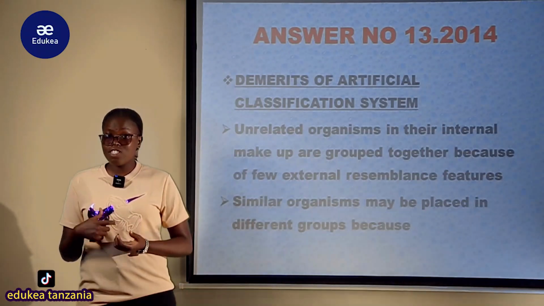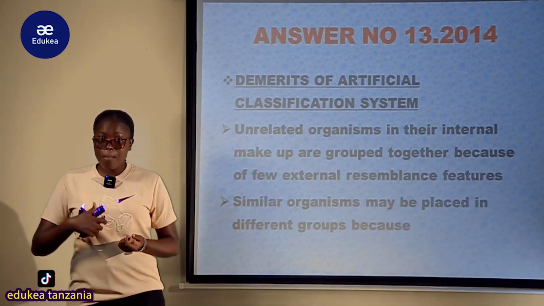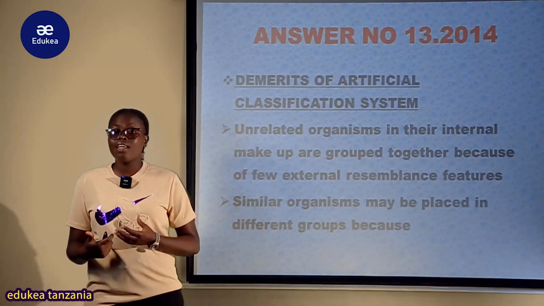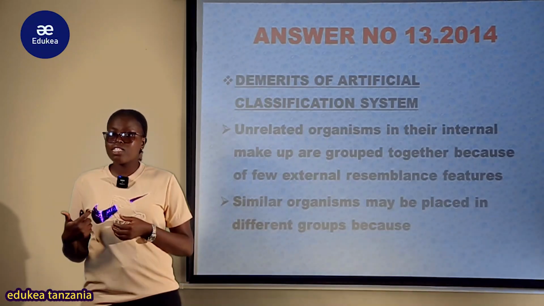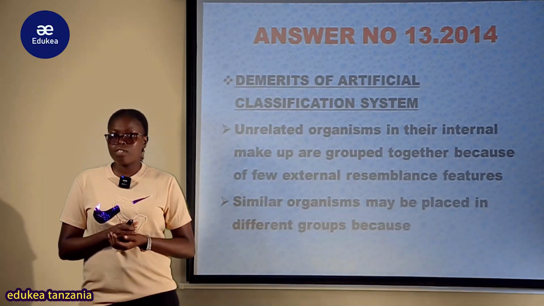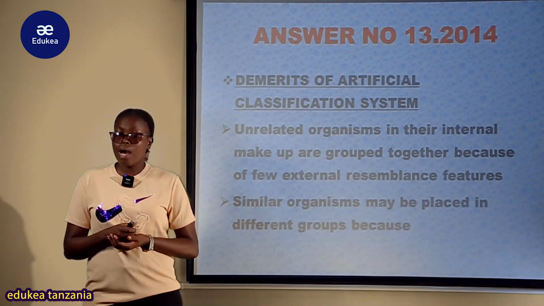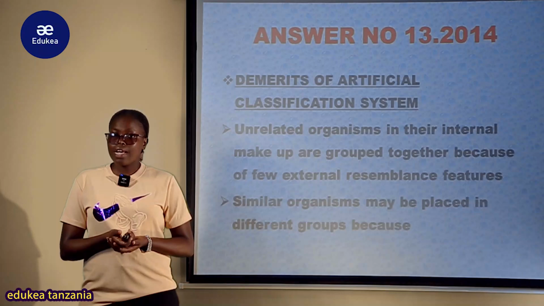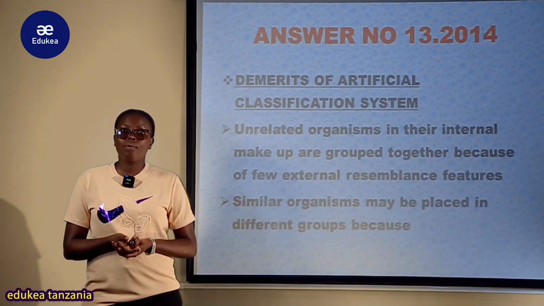Na vile vile another disadvantage or demerit ni kwamba organism ambazo wanakuwa na tabia za kufanana au similar, or organisms with the same evolutionary relationship, they tend to be placed into different groups because of the absence of these observable features. Take an example, umemchukua